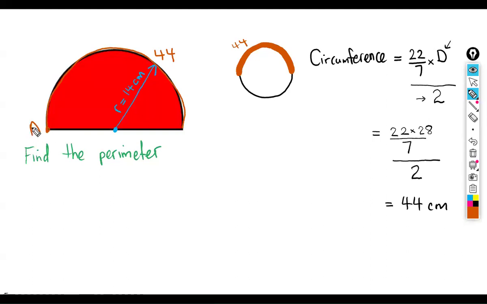If you start at point A, you have to run the curve distance, which is 44 centimeters, all the way to B. But that's only the curve part. And to run back to A, you have to run back here, and then you have to run back here. So you run from A to B, that's 44. From B to the center is how much? This is like a windshield wiper. If you pull this down, and over here will be 14, and over here will be another 14. So how much is the total perimeter? It's 44 plus 14 plus another 14. I get 72 centimeters,